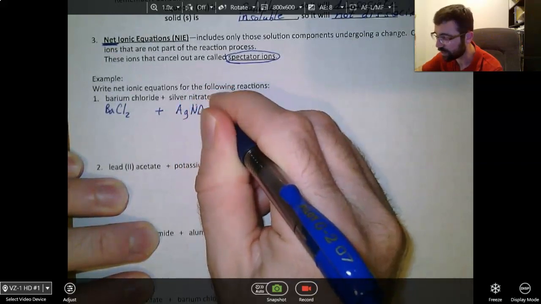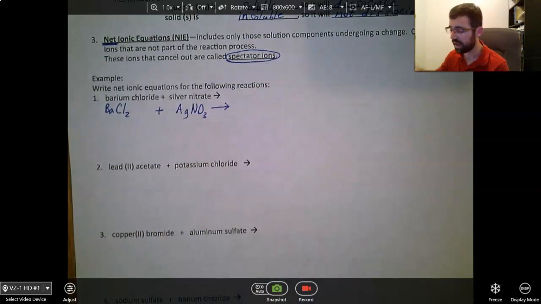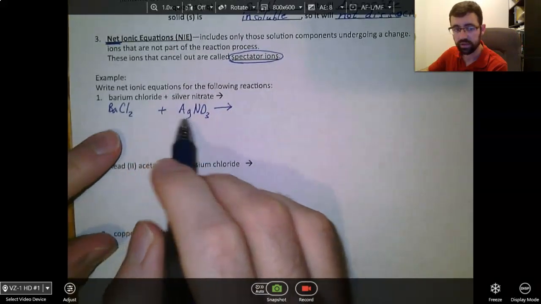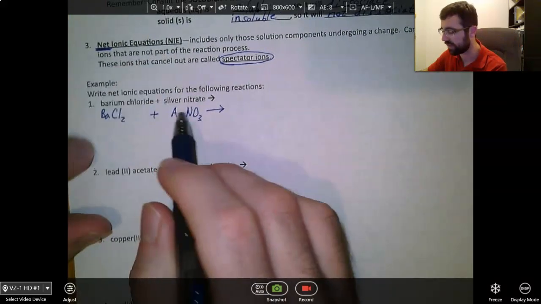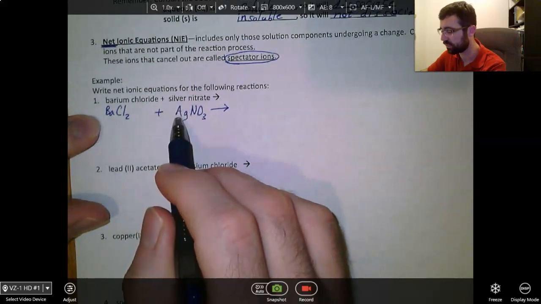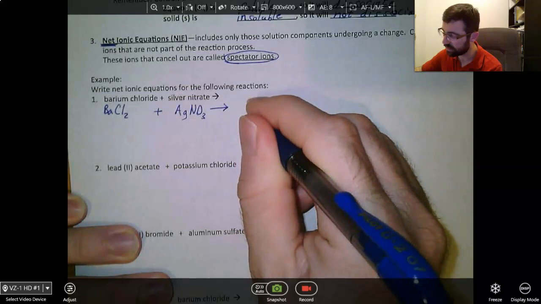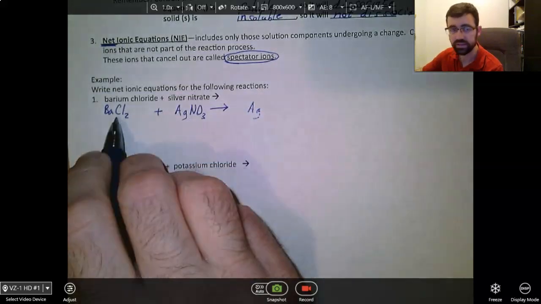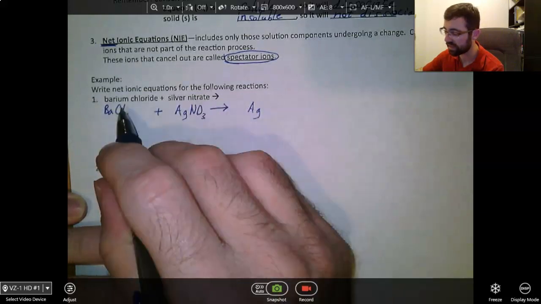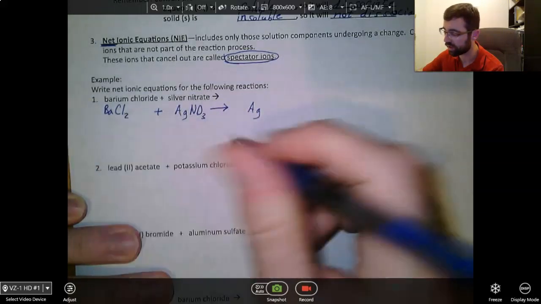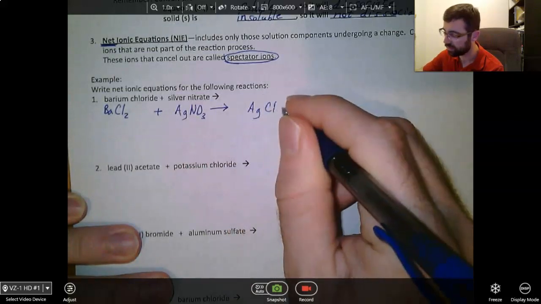Yields. And then we want to predict our products. There's a switching that takes place. I have 2 compounds reacting. They're going to switch places. So I'm going to have the barium and the silver switching places. So I'm going to have silver bonding to chloride. Silver again has a positive 1 charge. Chloride has a negative 1 charge, so it's a 1-to-1 ratio. AgCl plus